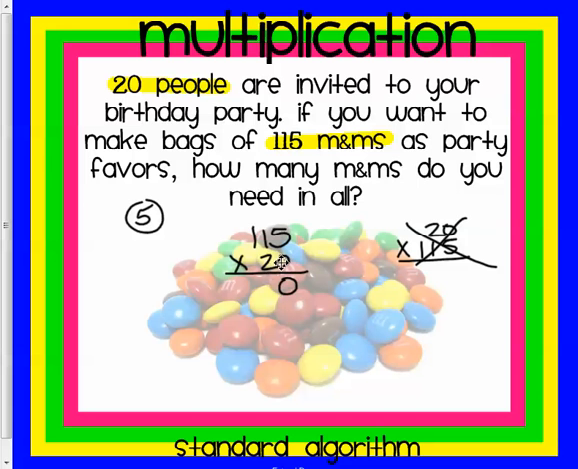0 is just 0 all the way across. So let's think about 2 instead. Hold your place value with a 0. 2 times 5 is 10. 2 times 1 is 2, plus 1 is 3. And 2 times 1 is 2. Add them together, and we get 2,300